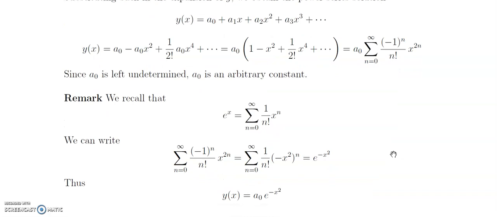So we'll just make a quick remark that this power series here can be written in this form, the sum of 1 over n factorial times negative x squared to the power n, which is e to the negative x squared, because this is the summation for e to the x. So the solution can be written as y of x equals a sub 0 times e to the negative x squared. We don't have to do all of this if we just get this